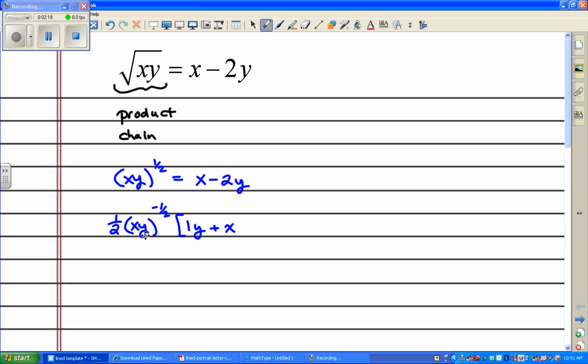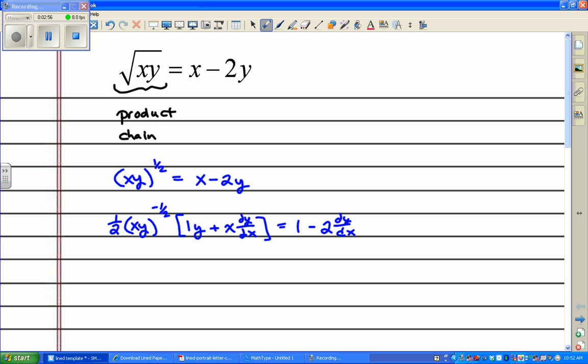But because it was the derivative of a y, I need to write dy/dx with that variable of x. Okay. So now I've taken the chain rule with the 1/2, xy to the negative 1/2, and then working on the inside, I get 1y plus x dy/dx. Okay, and it should equal the derivative of x, which is 1, minus the derivative of 2y. Again, when I'm taking the derivative of y with respect to x, it's minus 2,